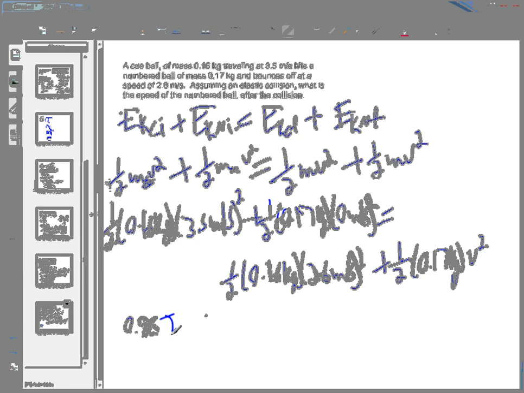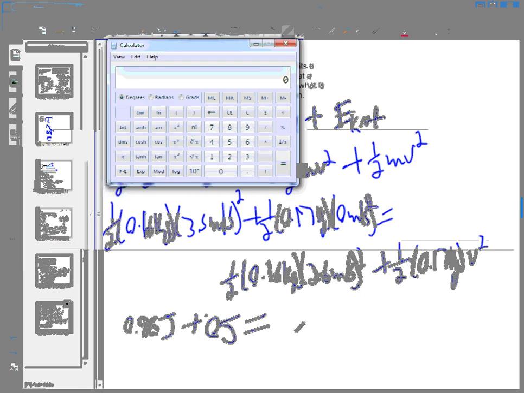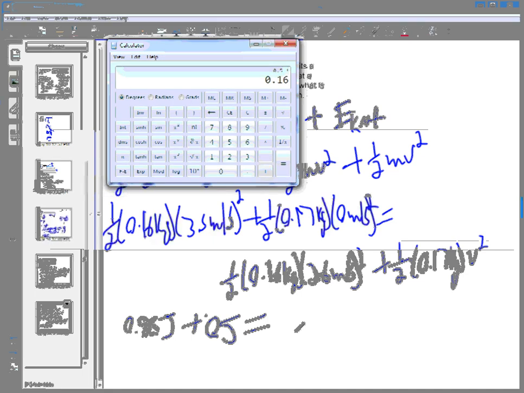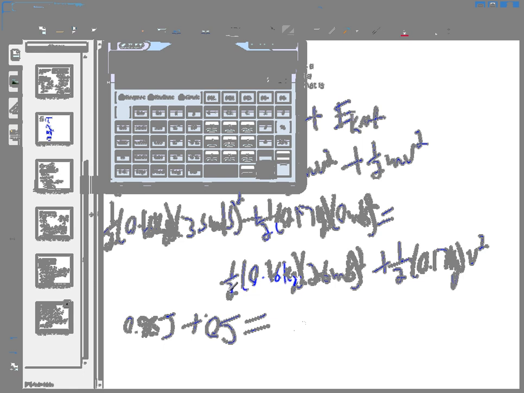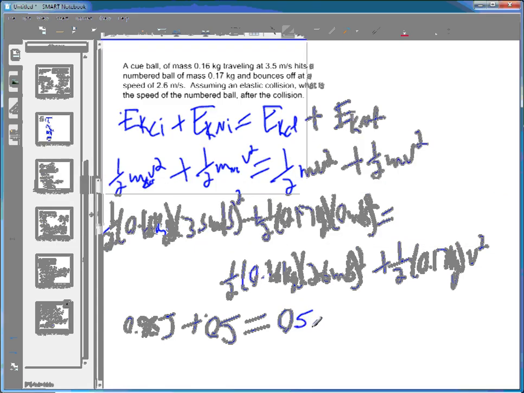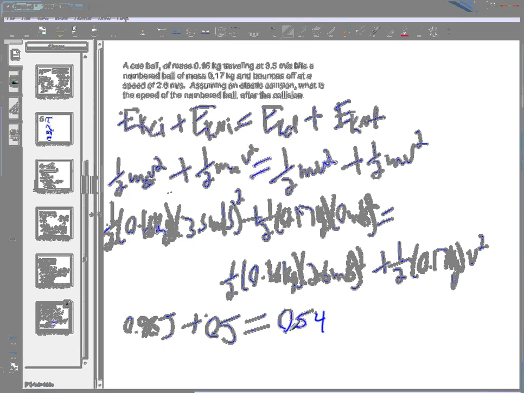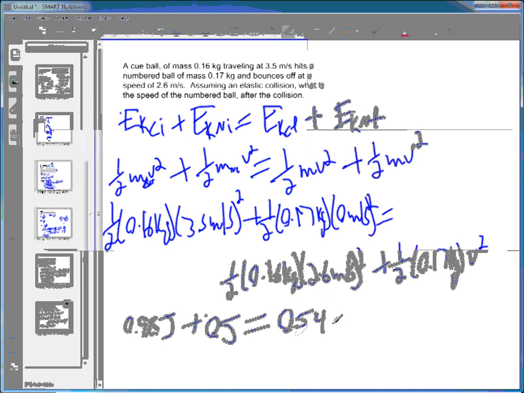Joules plus, now this one is obviously going to be 0 joules because you're multiplying by a speed of 0, is equal to 0.5 times 0.16 kilograms times its final speed of 2.6 meters per second squared equals 0.5408 joules